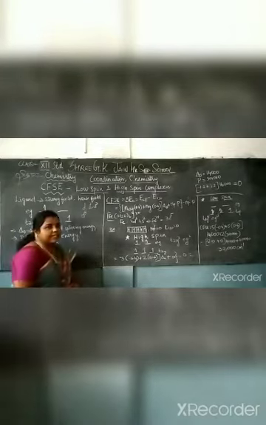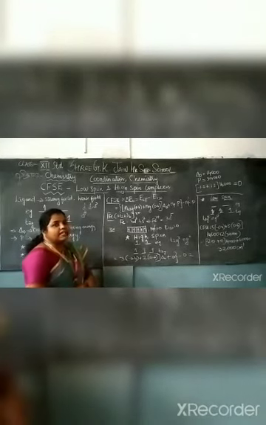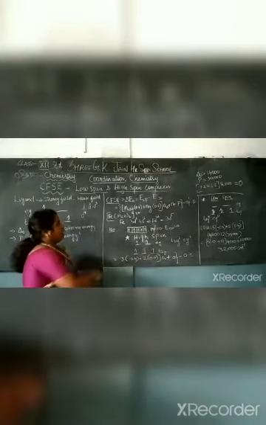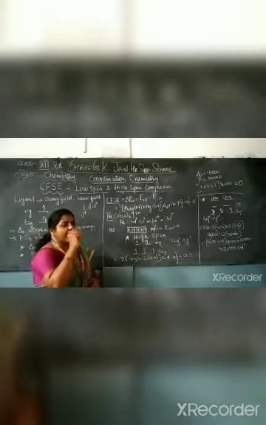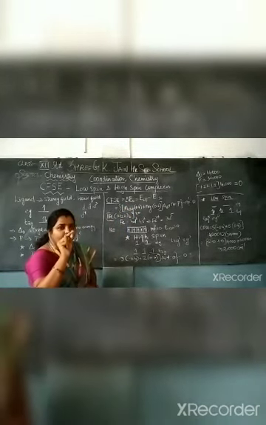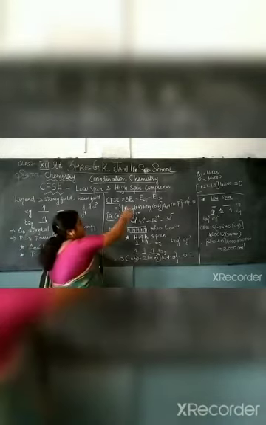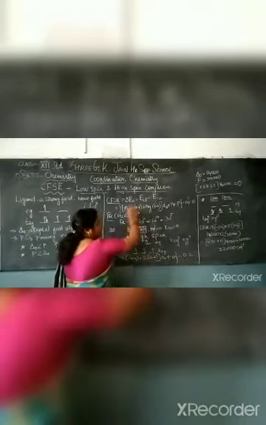Okay, let's see the crystal field stabilizing energy. In the formula, delta is the difference in energy and E is the energy. Delta shows the difference of energy. For octahedral, that is why we indicate the symbol O. Since we are finding the energy difference, the minus symbol will be there.